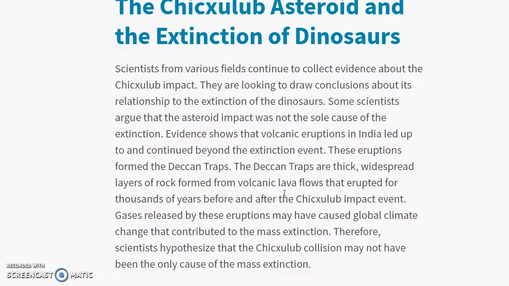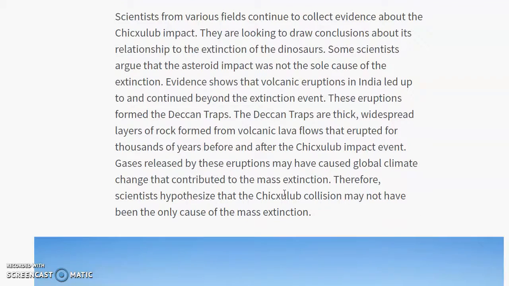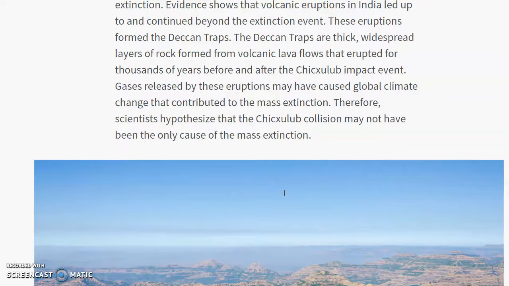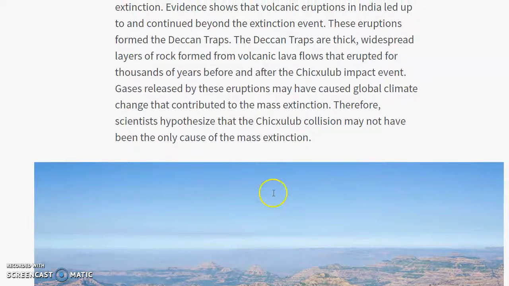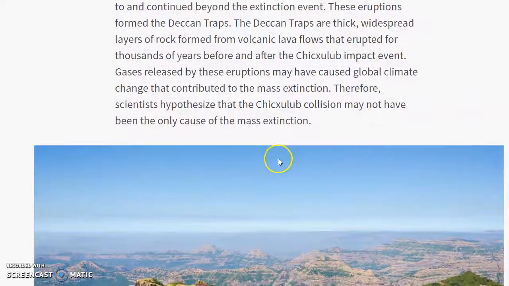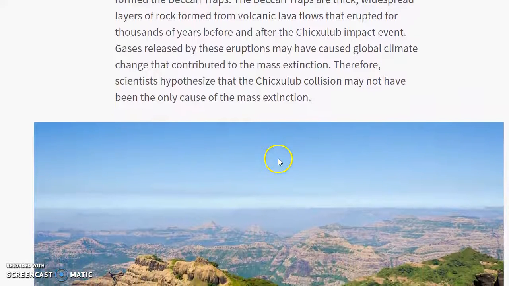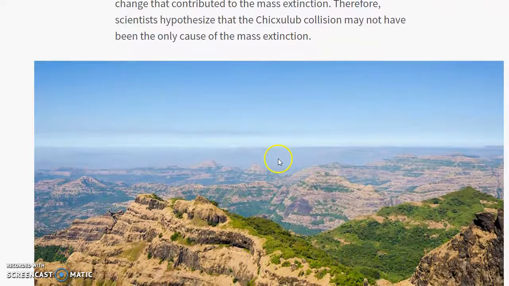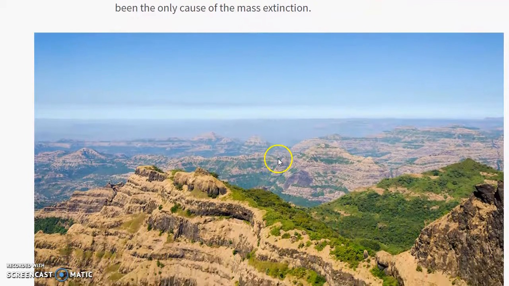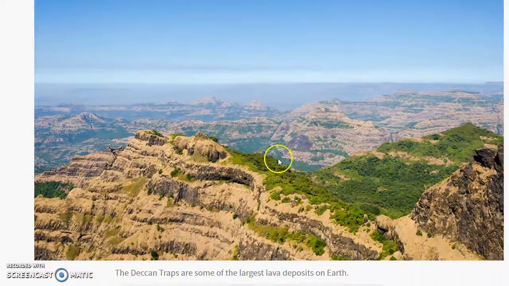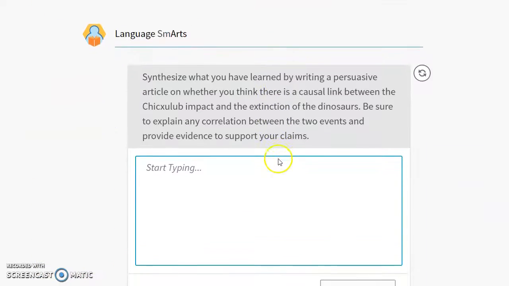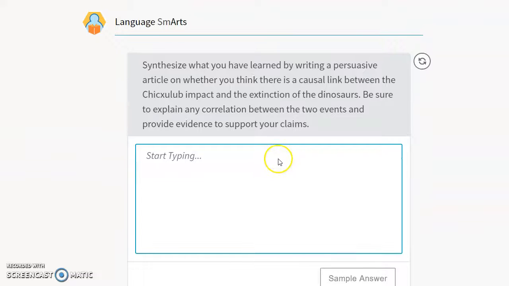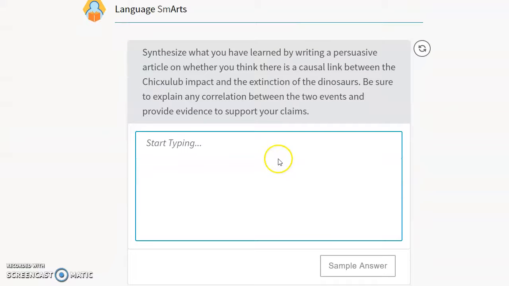Okay. They were trying to draw conclusions and argued that the asteroid was not enough to cause the whole extinction. And then some scientists were saying there are also volcanoes going at the same time that were also releasing gases and caused climate change. So they said not just an asteroid, but also the volcanoes. Okay. It says synthesize and analyze correlations. I'm going to stop here to create a new video for Explorer